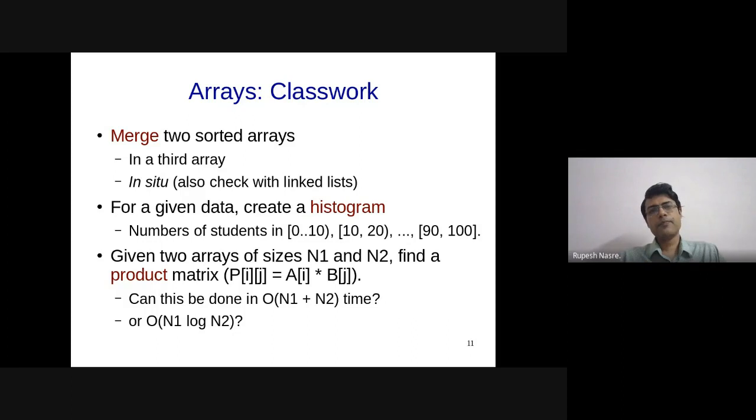So if you have n1 into n2 number of parallel cores or parallel threads which are able to perform these operations, then you can do all of this processing in constant time, because all these n1 into n2 cores can perform one multiplication at a time.